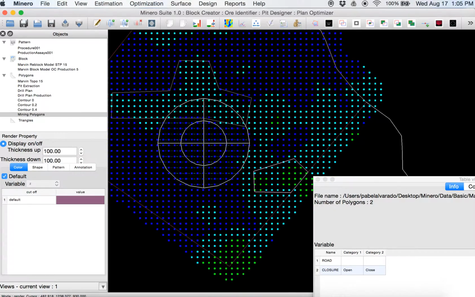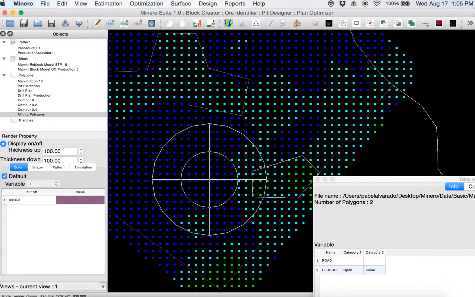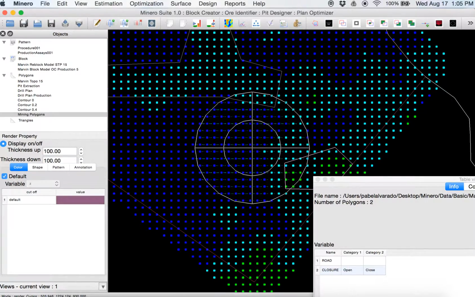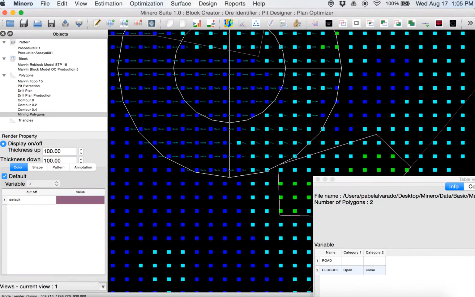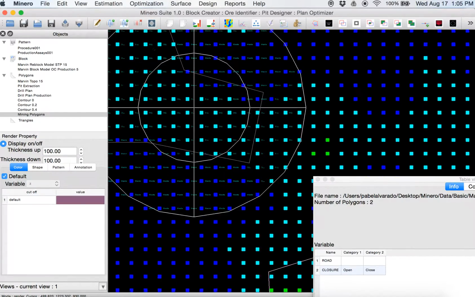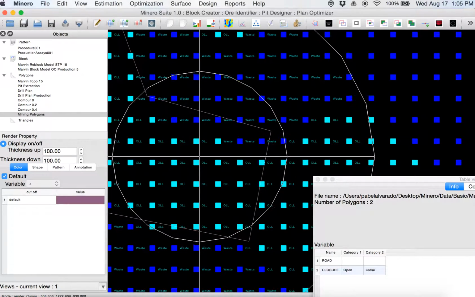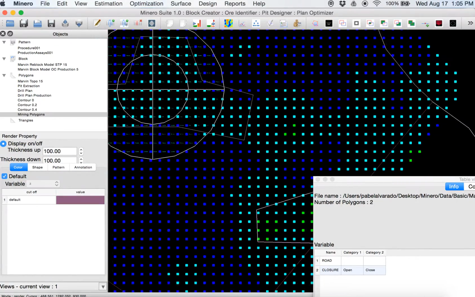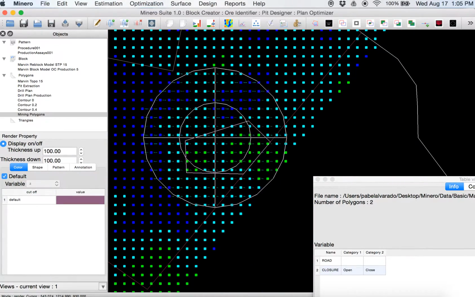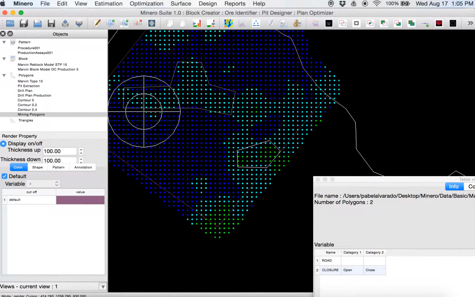So I have here 2 mining polygons, and something important is to report what we have in those 2 mining polygons. For instance, what we have in cyan is oxide low leach, in blue is waste material, and in green we have oxide general leach.